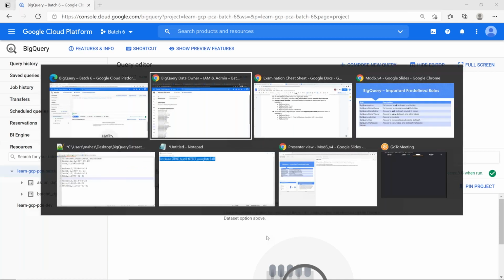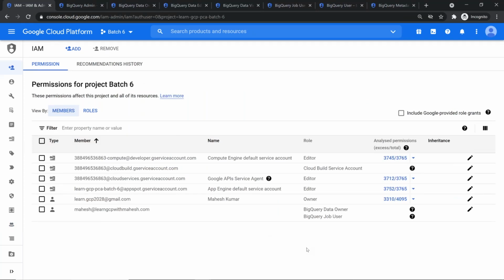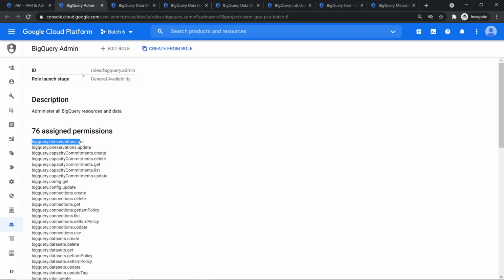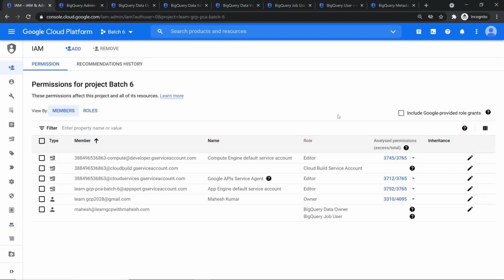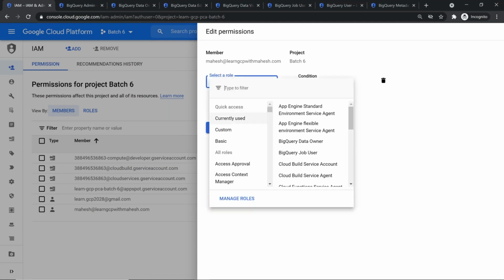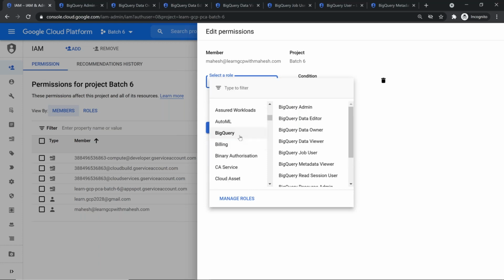Now what I will do is go back and make this user. I will remove both of these. This is one combination which you can give. Now, if you don't want him to delete a dataset, better give him data editor, so that as an editor you can only create, but you cannot delete it. But if it's a junior person whom you want to give some access to learn, what I would suggest is remove all these things and give a role called BigQuery